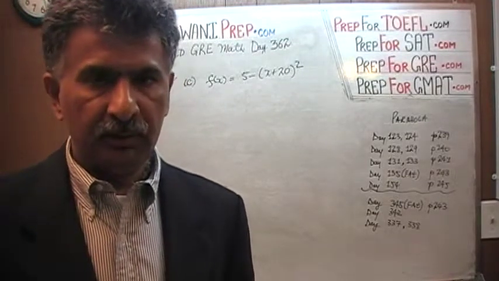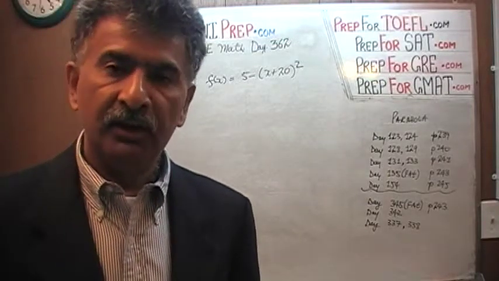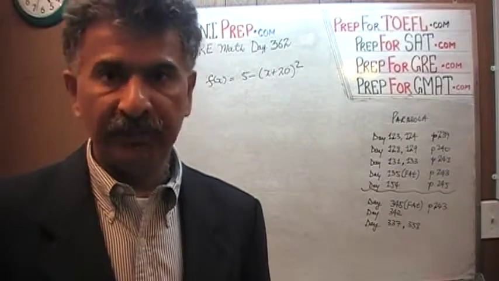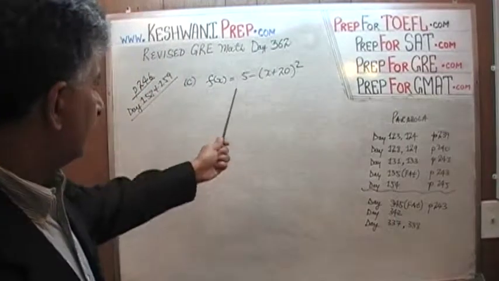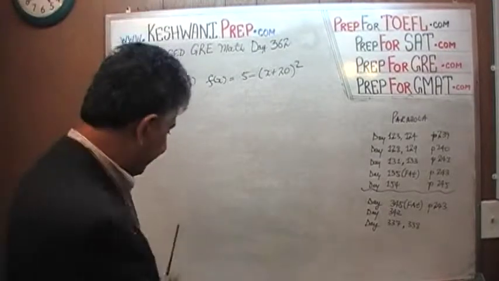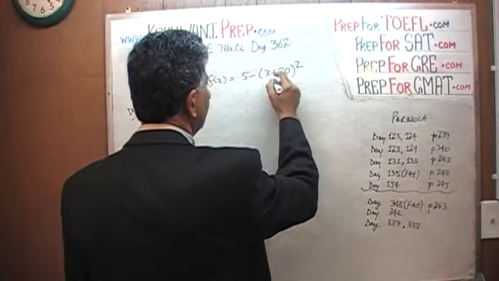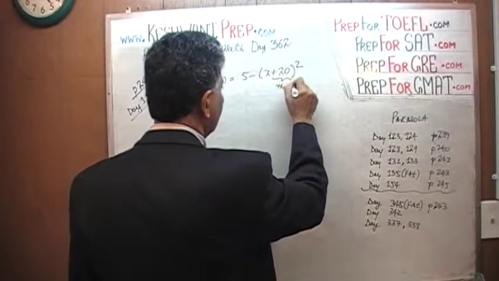what has happened to this parabola. Has it been shifted to the left, has it been shifted to the right, has it been shifted up or down, has it been flipped? All of those things are right here. This particular parabola has three things going with it. This plus 20 part tells us that this parabola